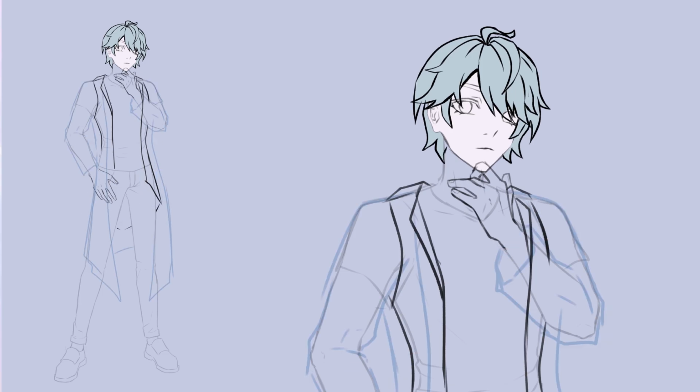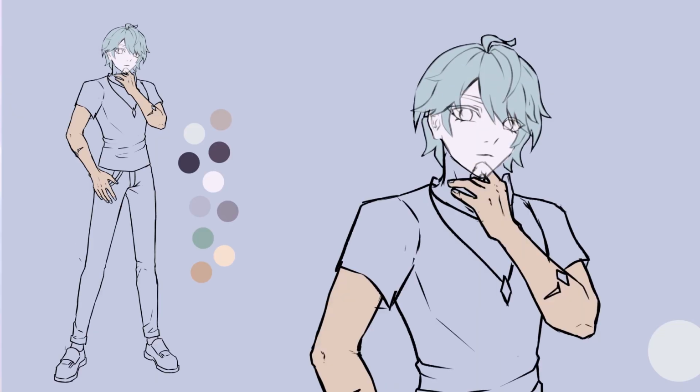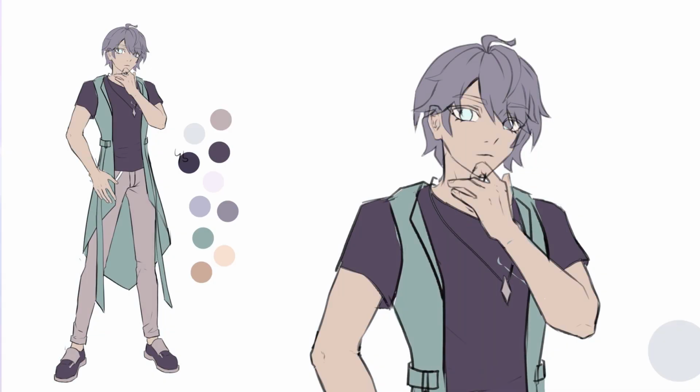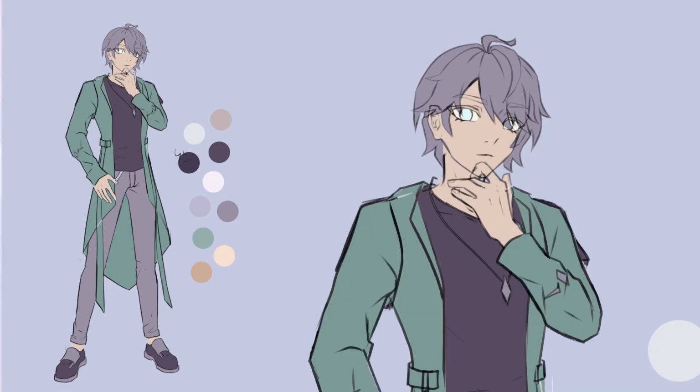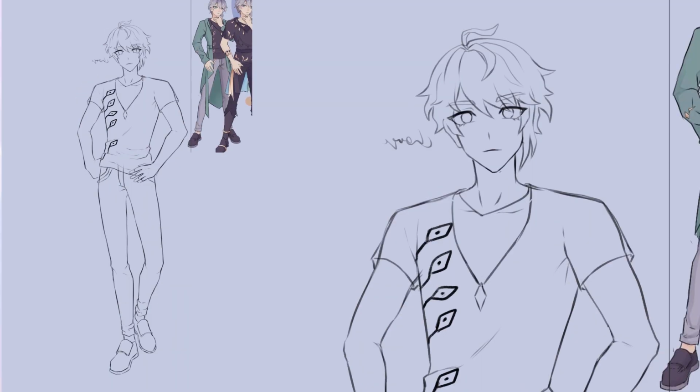He has a black shirt and boots for his idol outfit, and the cape would be turquoise, fitting to his eye color. I either had the character wear long or short pants, flat shoes or boots, and then I also either had them wear a white shirt or a black shirt.